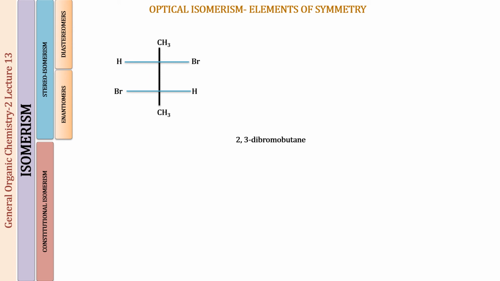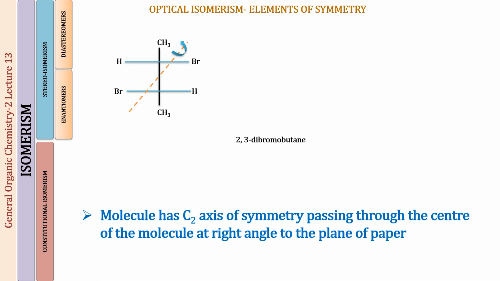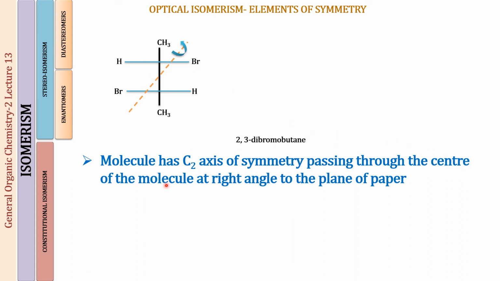Alternate axes of symmetry you do not have to bother about. Next, let us see just for a moment the axis of symmetry, because I've told you whether this molecule may or may not have an axis of symmetry. It is not going to affect the chirality of the molecule, and that is why I've chosen actually this example. So I want you to see the axis of symmetry in this molecule. This axis of symmetry is passing through the center of the molecule at right angle to the plane of paper. So if these two carbons are present on the plane of paper, and at 90 degrees to that you pass the axis of symmetry, that is the position of this axis of symmetry.